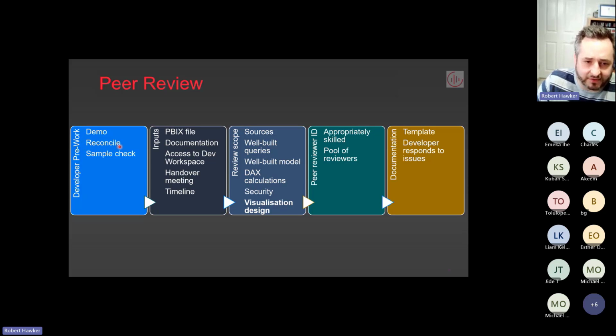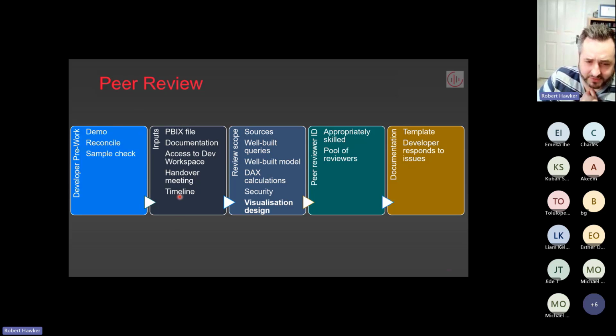I think you could do some reconciliation. So if your product includes numbers that are also in other reports, then just check first of all that your numbers are in the right ballpark and are similar. So if you've got a total number of customers and there's another report that has total number of customers in it, then check to see if it's similar or not, and do a sample check. Make sure that your report does actually include all the records from the source that you think it should, and vice versa. So as a developer, I think before the peer review there's a few things you should do,